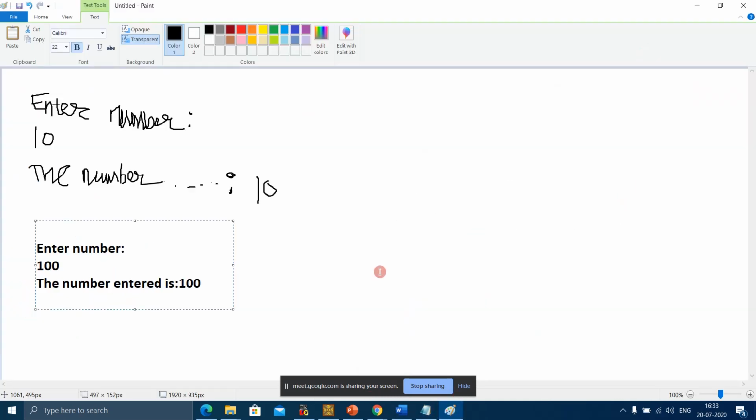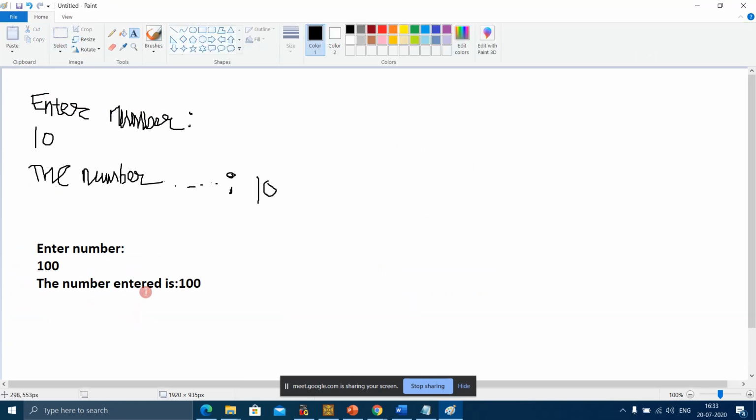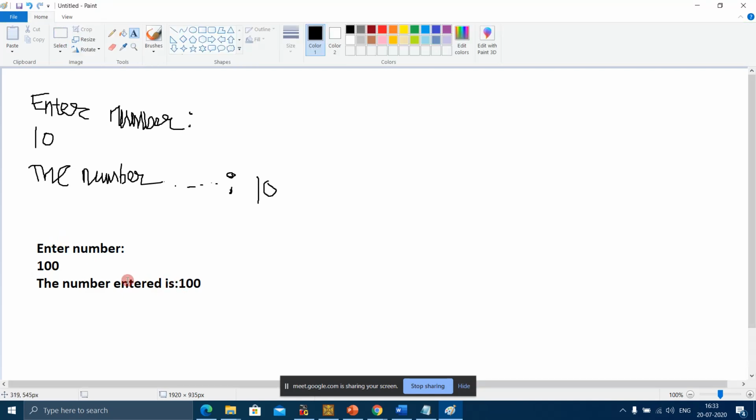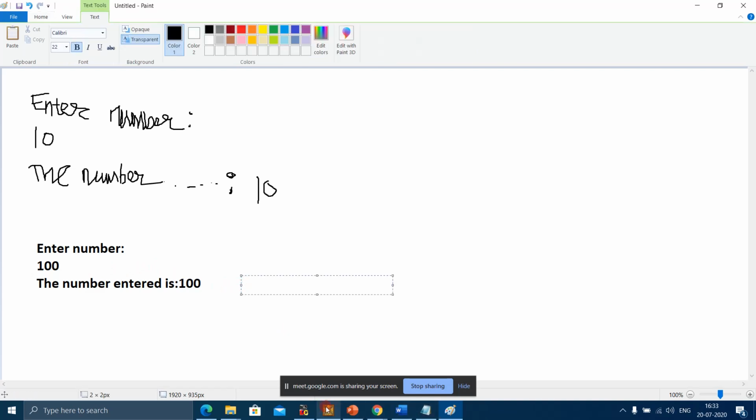So the output is going to be, oh no, that thing actually went. I'll show you the output here in Turbo C++ also.